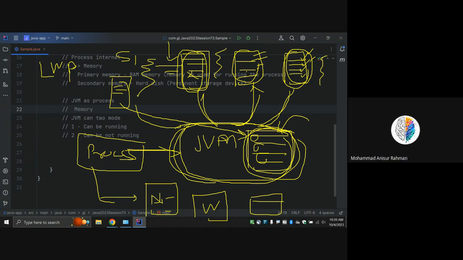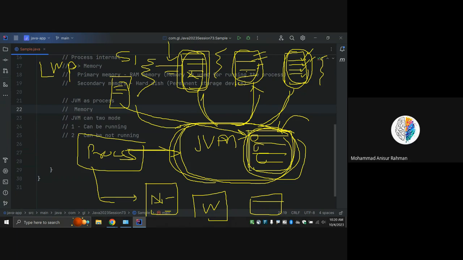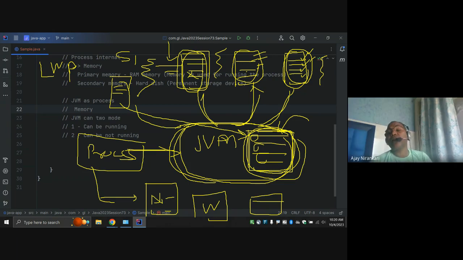At that time, they are not going to use the hard drive memory. JVM cannot access hard drive memory. Notice whenever your application is in running mode, for running it can only use the memory that is your RAM. RAM memory means the number of bytes allocated for you, the allocated GB for you. Only that memory you can use.